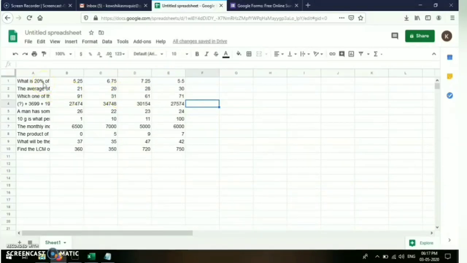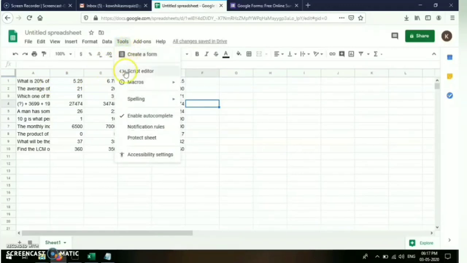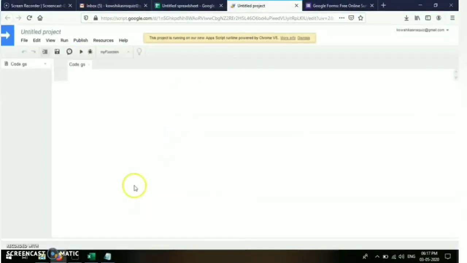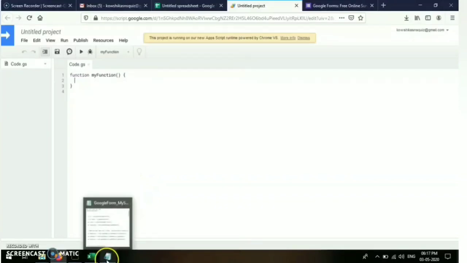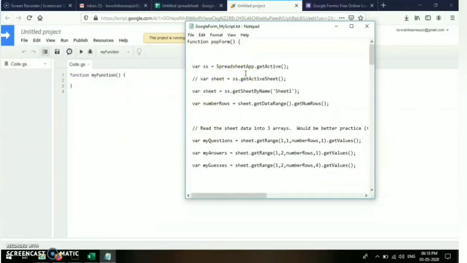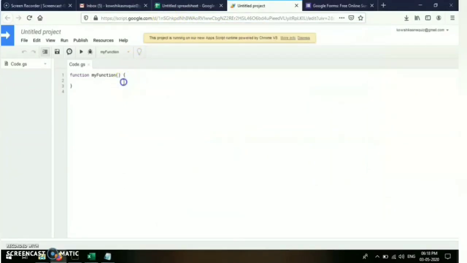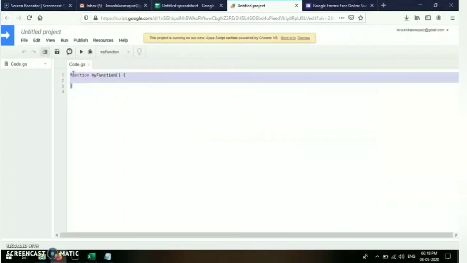One thing which we can do is, as we already discussed in the presentation, we can just copy the questions manually from the spreadsheet and go to the forms. Instead, I'm going to create the Apps Script. For creating the Apps Script, go to Tools and open the script editor. This is the script editor for the spreadsheet which you have selected, and I have the coding already. I'm just copying the code first, and here I'm going to paste the code which I have.